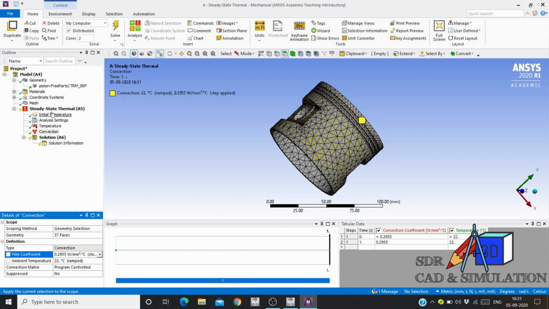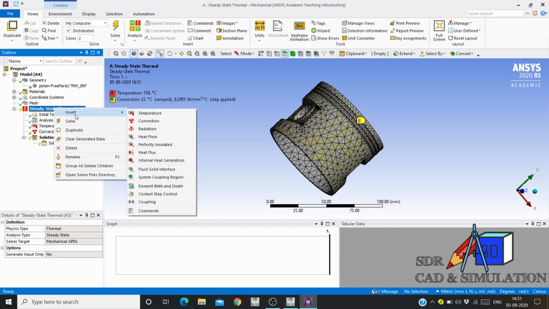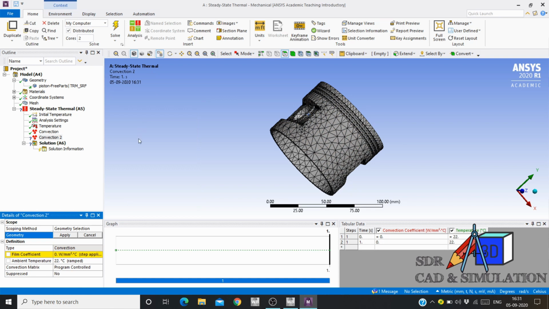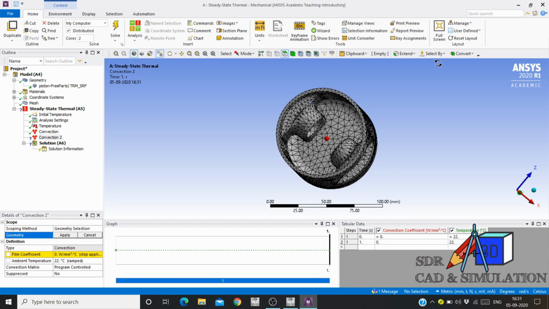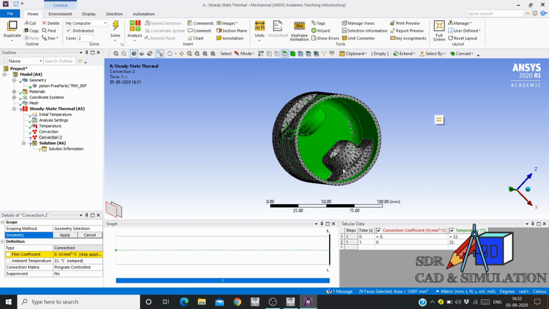And the convection happens inside the piston, so we need to add another convection, but this value is different. Again we need to select the faces, but this time we need to select the inner faces. We have multiple faces due to the fillets, so select each and every face carefully. First select one side and rotate to another side and select this other side.